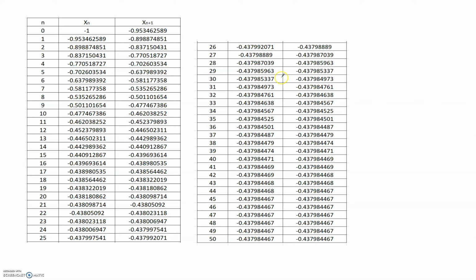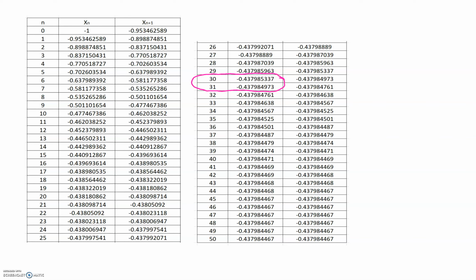So hopefully you've recognised that when you get to this point here, when you get to your 30th and 31st iterations, that's the first time that you have got to the same point, same degree of accuracy. But it is always worth, as I've said before, carrying this spreadsheet on just to check that it doesn't creep up and creep up and creep up a little bit and a little bit and suddenly tip you into a different